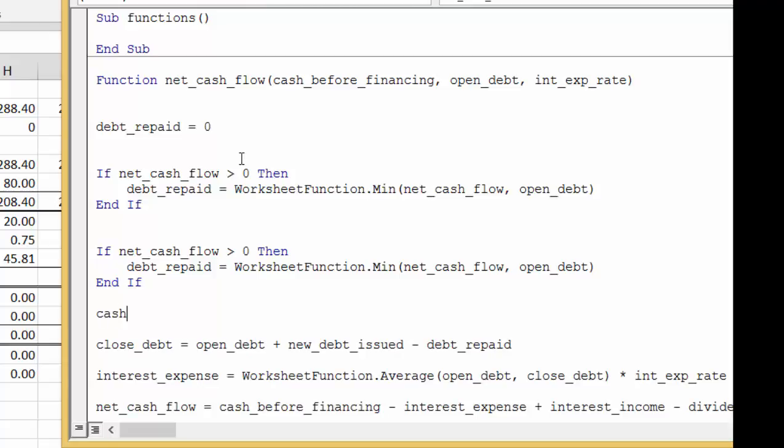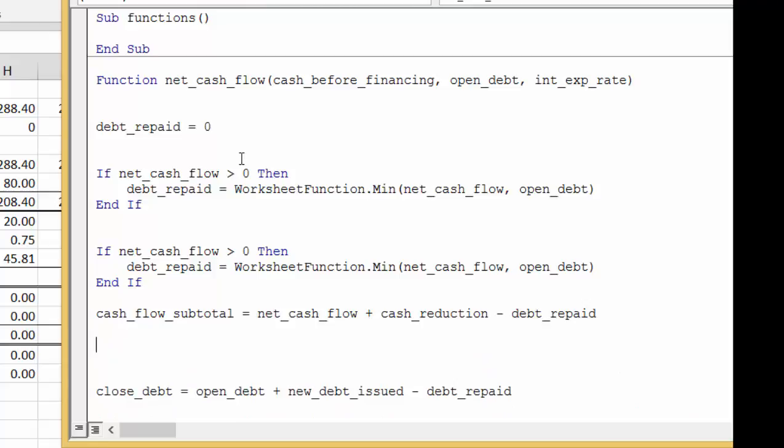So we put cash flow subtotal equal net cash flow, and then we say plus cash reduction minus debt repaid that we just did here. And then finally we can say, we have the new debt issued is equal to the